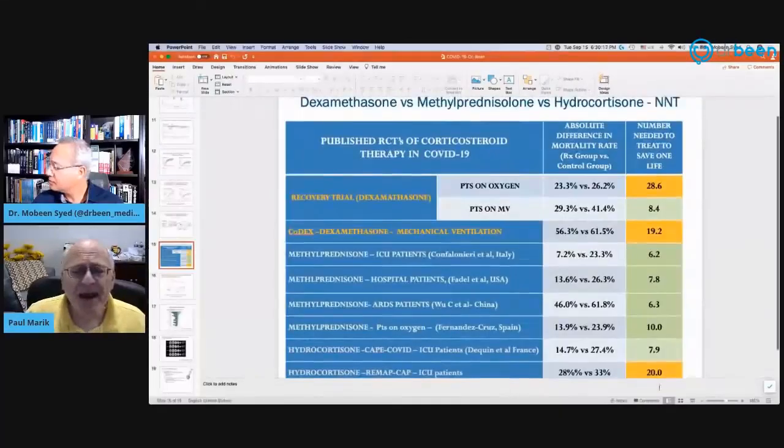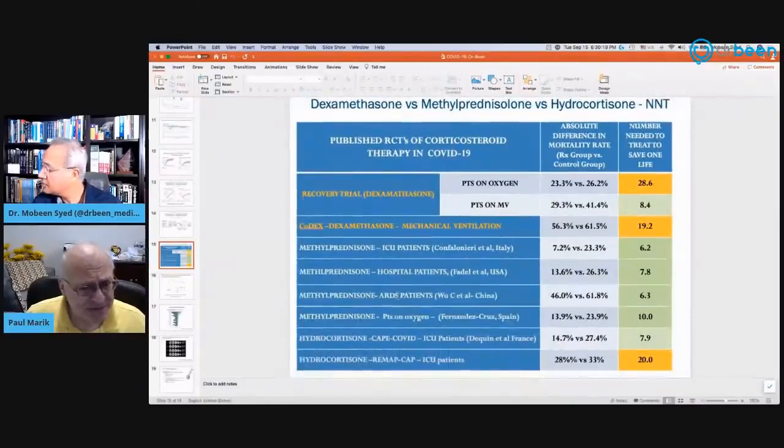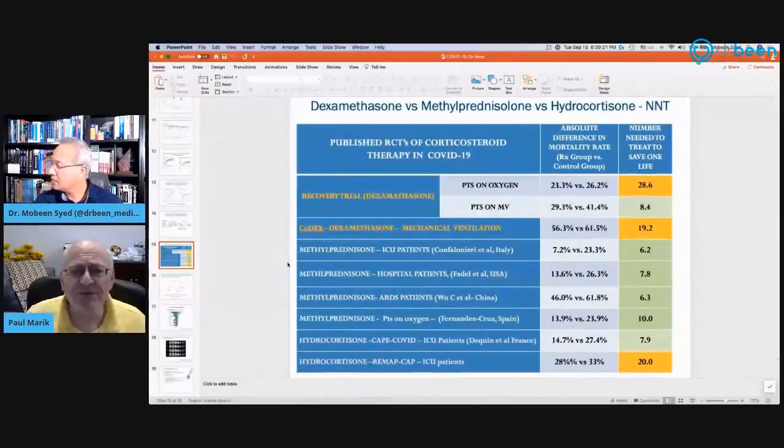People are pushing dexamethasone. We much prefer methylprednisolone. So this is a summary of studies using dexamethasone, methylprednisolone, and hydrocortisone. And you can see that the number needed to treat is much less with methylprednisolone than with dexamethasone. So I think this slide shows that clearly. So we strongly recommend